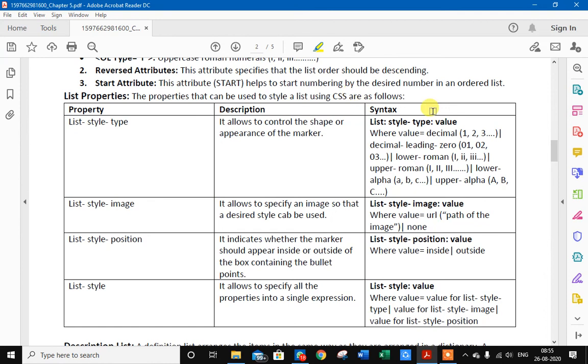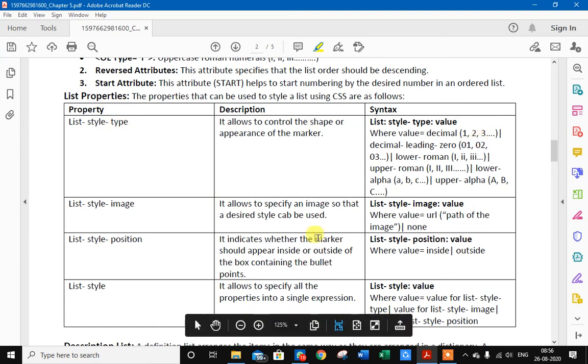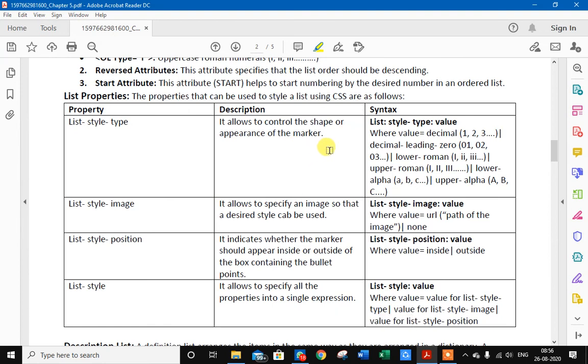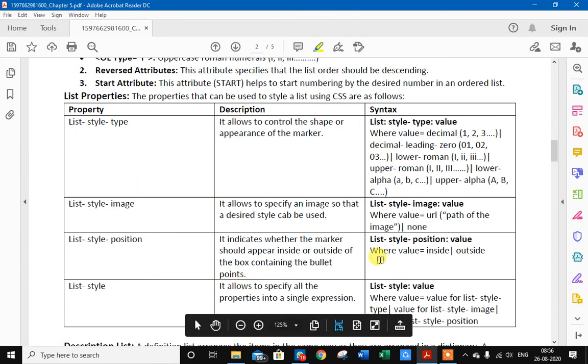What is CSS? CSS stands for cascading style sheets. We can change the style of the list in HTML. Student, cascading style sheet we use to change the look, to make attractive the HTML web page.